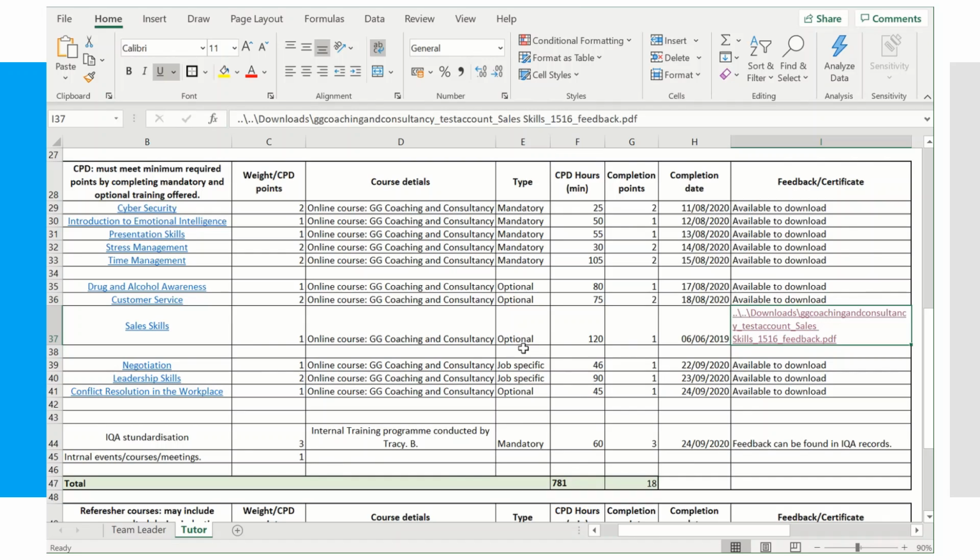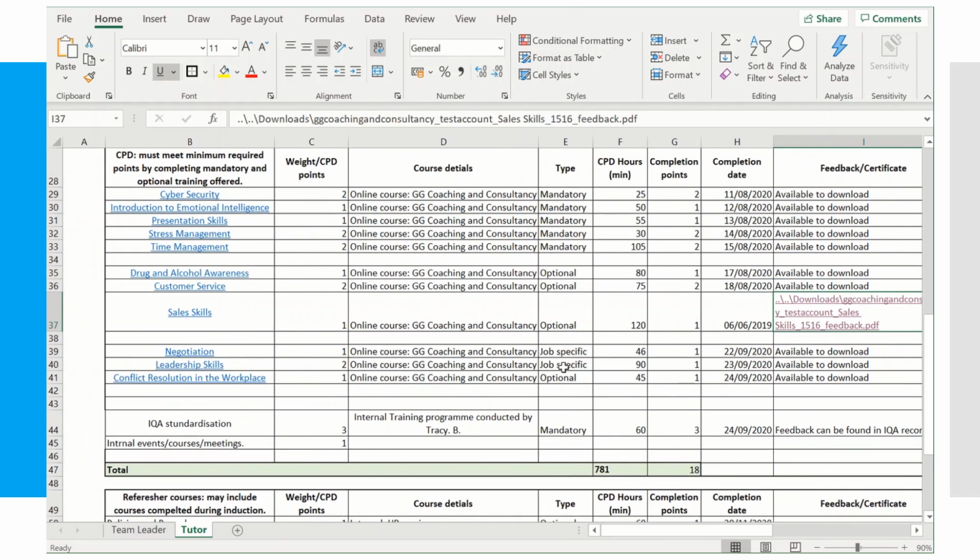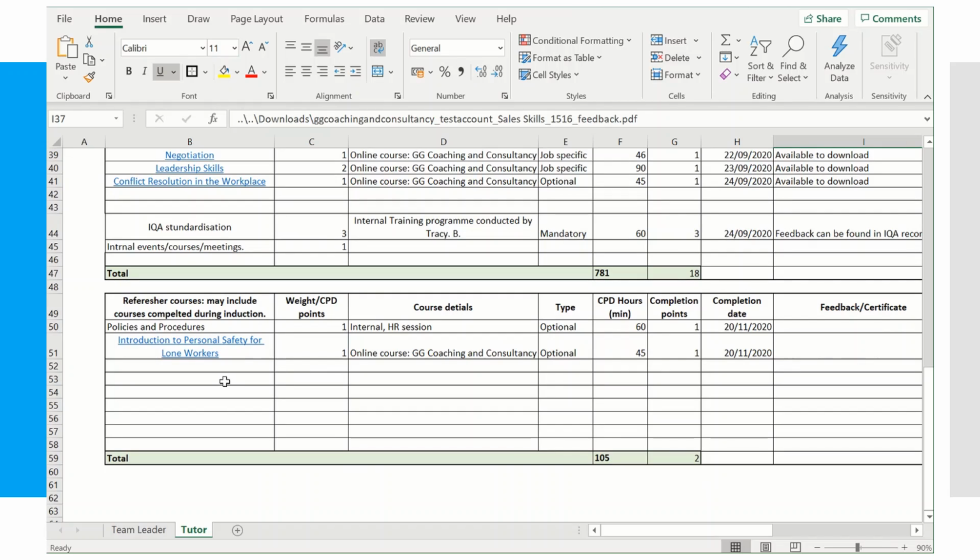So instead of actually coming up with creative phrases to describe their learning, they can actually have feedback from the organizer, and they can work through that feedback and improve their skills. And then the last section here, again, which is completely missing out of this traditional and old style CPD template,